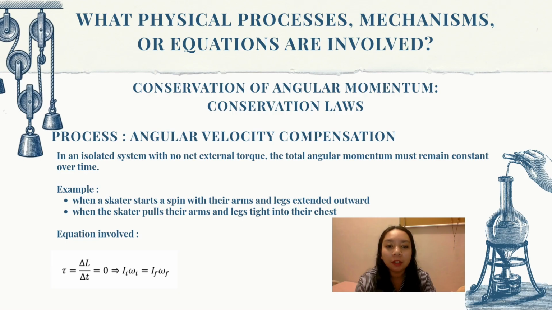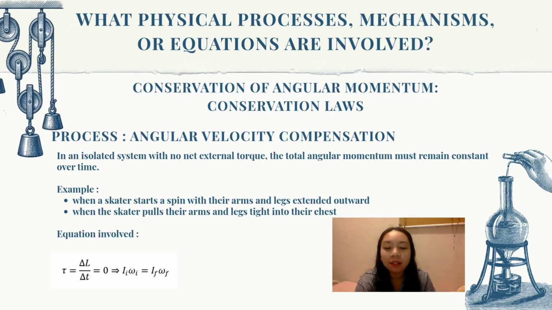So, this is the last topic under what physical processes, mechanisms, or equations are involved. There is conservation of angular momentum, conservation laws. The process is angular velocity compensation. In an isolated system with no external torque, the total angular momentum must remain constant over time. If the moment of inertia changes, the angular velocity must dynamically adapt to keep the system balanced. For example,